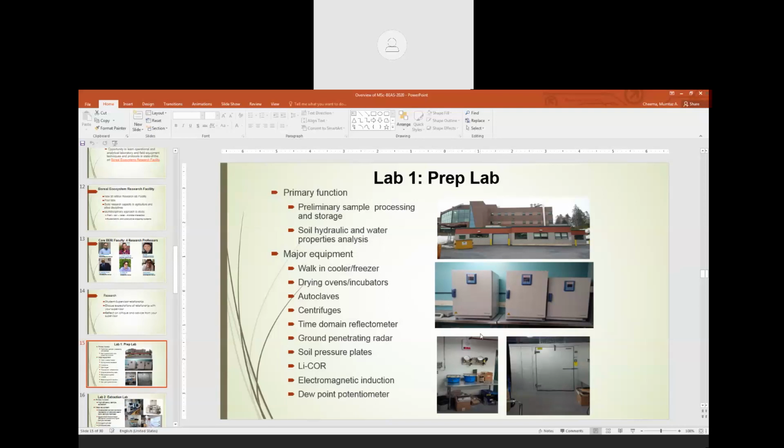We call it our prep lab, and you can see these drying ovens sitting here, and this is the cooler, at 4 Celsius temperature. We also have a freezer at minus 20, a big freezer here in the same room. All those samples students prepare for their further extraction. But this lab is the dirty lab.